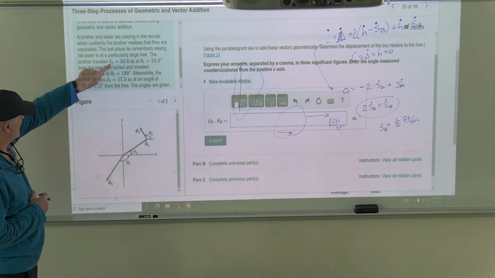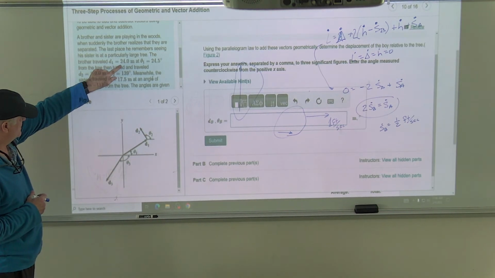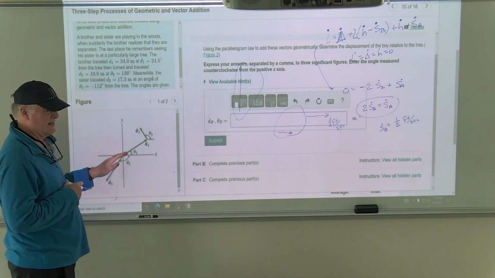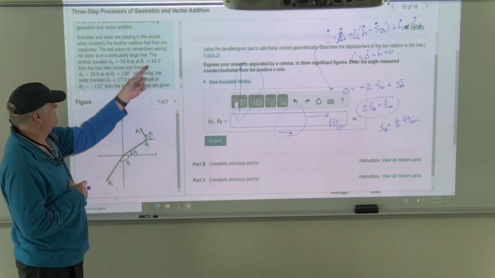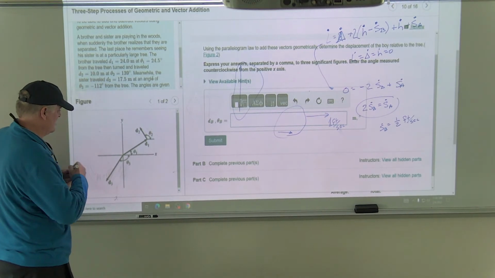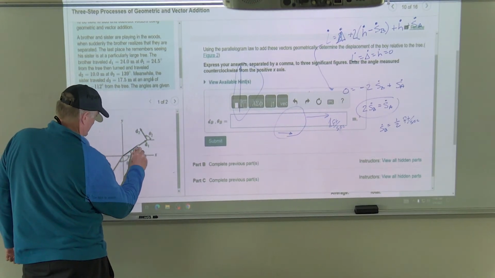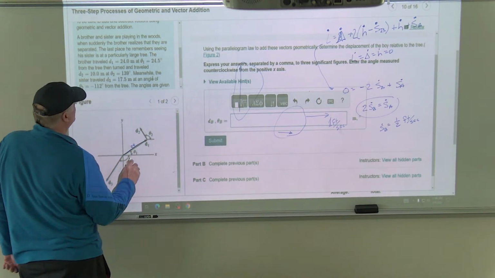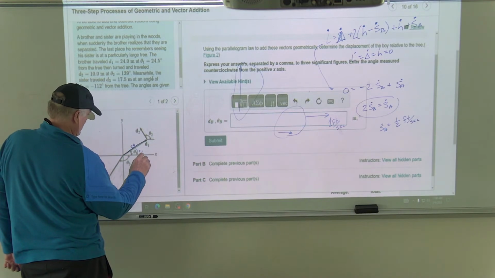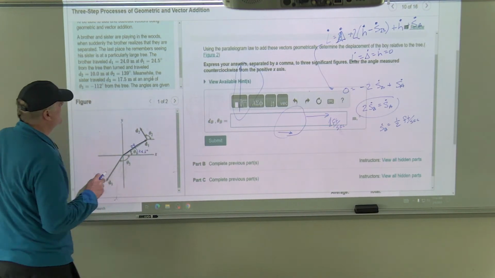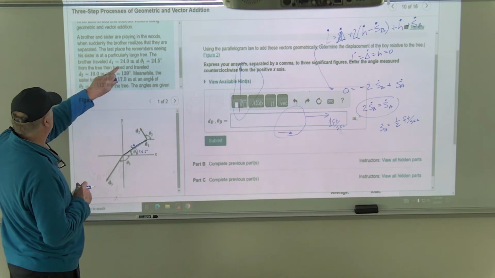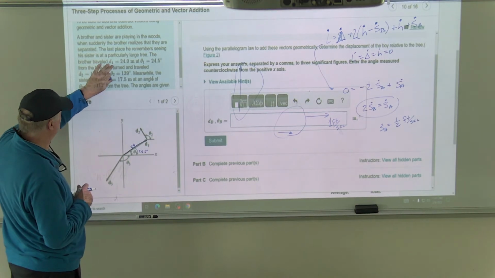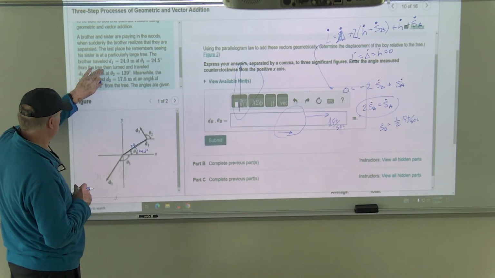The brother has traveled D1, which is 24 meters, at 24.5 degrees. Okay, that's where he traveled. The brother traveled distance 1 at that, from the tree,